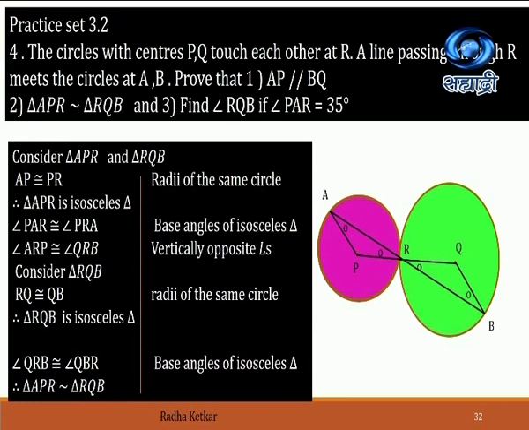Now consider AP and QB. The first thing we have to prove here is that AP is parallel to BQ. If you consider AP and QB, and you consider AB as the transversal, then you are getting a pair of alternate angles. This pair of alternate angles is congruent, which we have already proved. As the alternate angles are congruent, we can say that the lines are parallel to one another. So that's why we can say AP is parallel to QB.